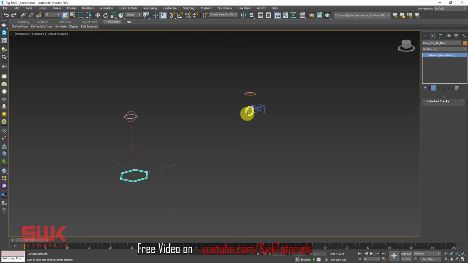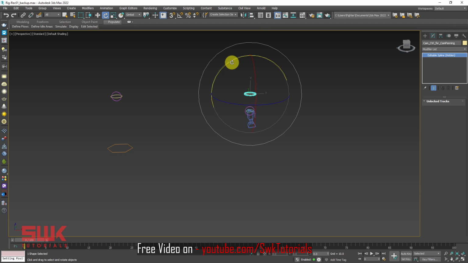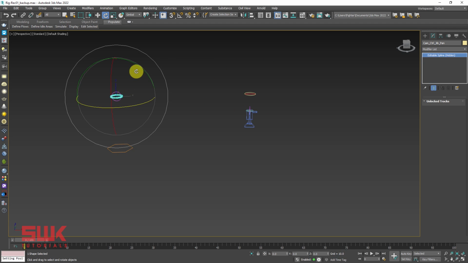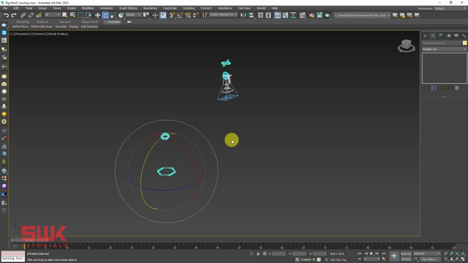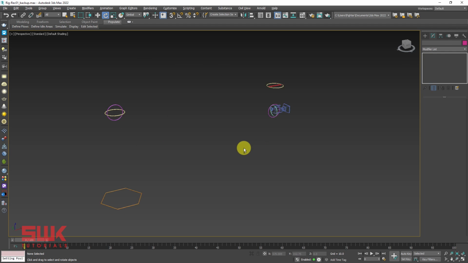Now guys, our rig is perfect and we have no issues with it. We cannot do anything unintentional with it. If I even try to do it, I cannot do it. And as far as the other thing is concerned, if you want it back to its default position, you can always select them like this, press and hold Alt, right click and choose transform to 0, and it will be back to its original position. Now our rig is complete and we are ready to animate.